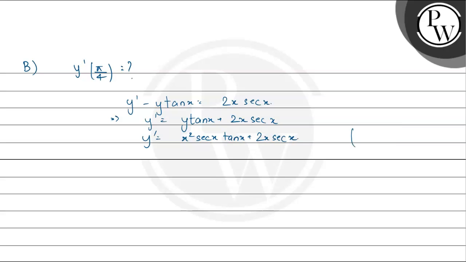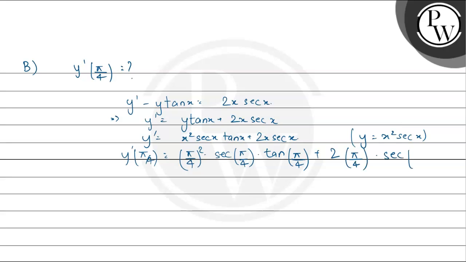This is because y's value is x square sec of x, and using this, we have to find the value of y dash of pi by 4. So y dash of pi by 4 will become pi by 4 whole square times sec of pi by 4